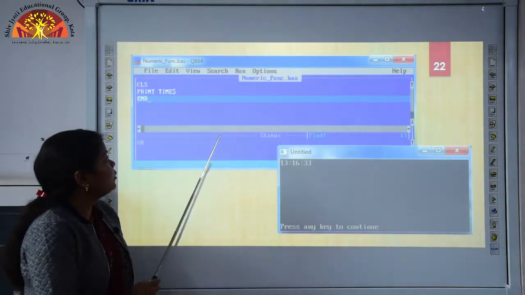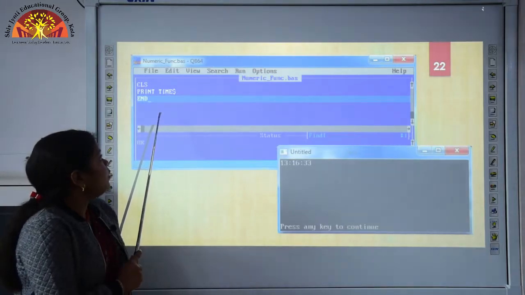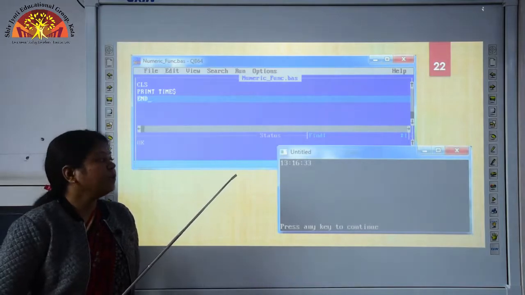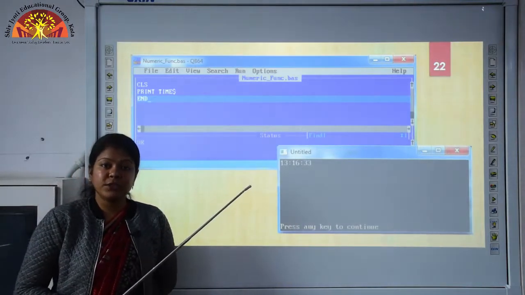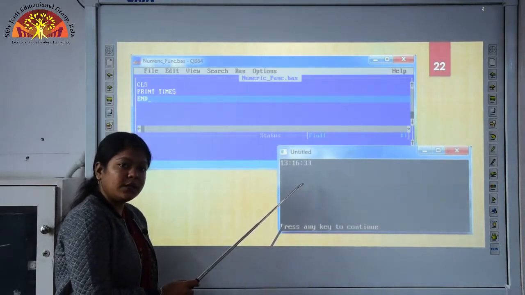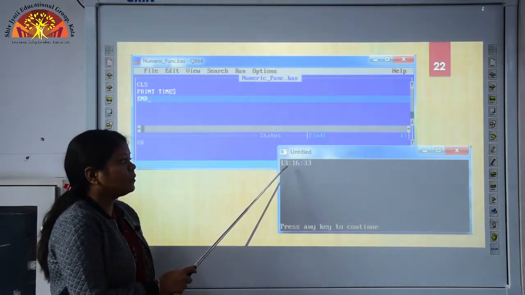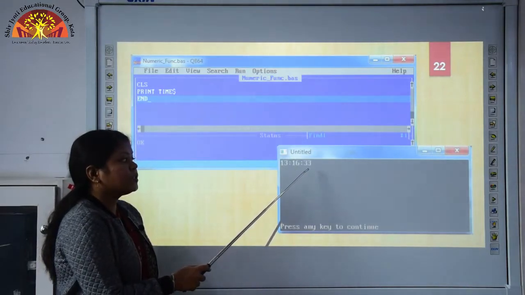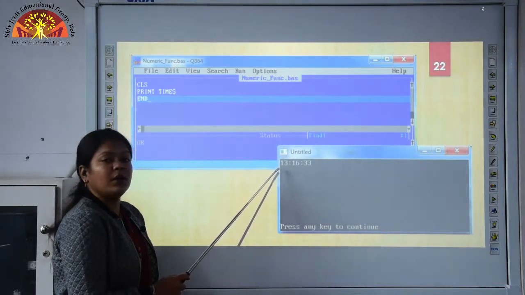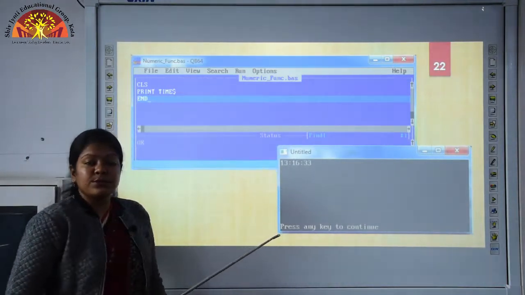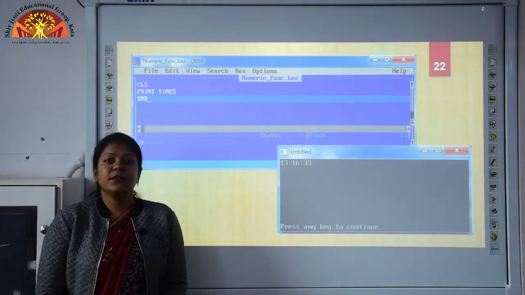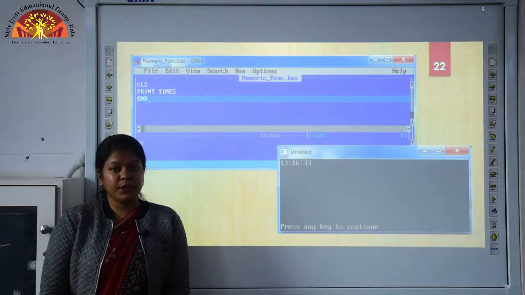See, this is your QBasic window, and I have written this program of time function in this QBasic window. When we execute this program, then you can see the output of time function in the output screen, and here you can see this is your output of the time function. So here we have 13:16:33. So 33 is your seconds, 16 is your minute, and 13 is your hours. Okay students. Students, I hope you have understood all the numeric function. Now we will see the practical of these functions one by one.